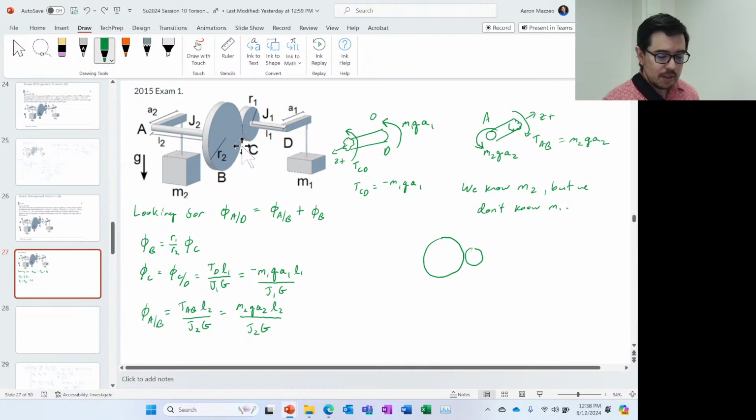So if I'm looking at it from that side, then there's a torque, and this is the torque that we calculated out here. This torque is going to be M2GA2. Does that make sense? Because it's causing it to go clockwise. If it's causing it to go clockwise and everything's in equilibrium, there needs to be a force going up at that location to compensate against it. So we'll call this force F contact. And therefore there's going to be an equal and opposite force